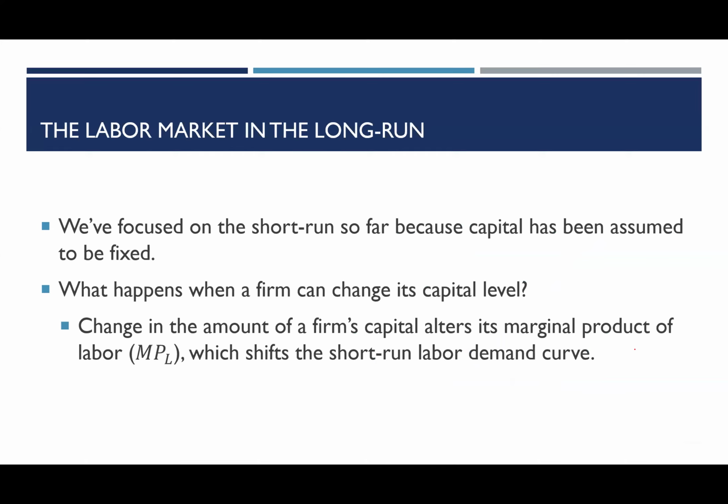Now that we've discussed how the individual firm's demand for labor changes in the short run, we saw shocks to the marginal productivity of the worker, the marginal revenue of the firm, and wage changes. We want to now consider the long run, right? How does that labor market change between the long run and short run? And just like we started this course off with, it has to do with capital, right? In the short run, we assume that capital is fixed, but in the long run, the firm can change the amount of capital it uses, and labor and capital are often substitutes for each other, right?